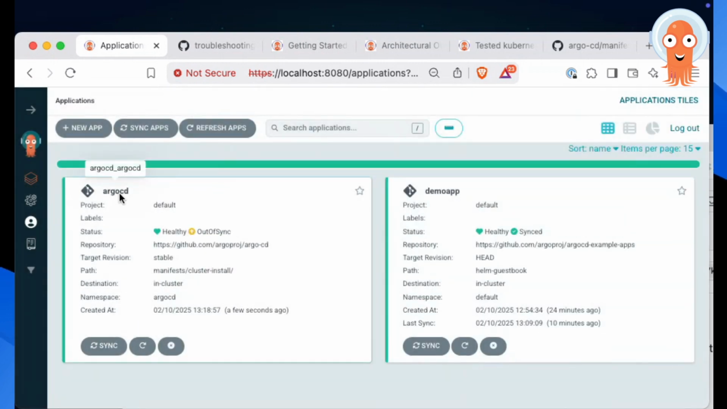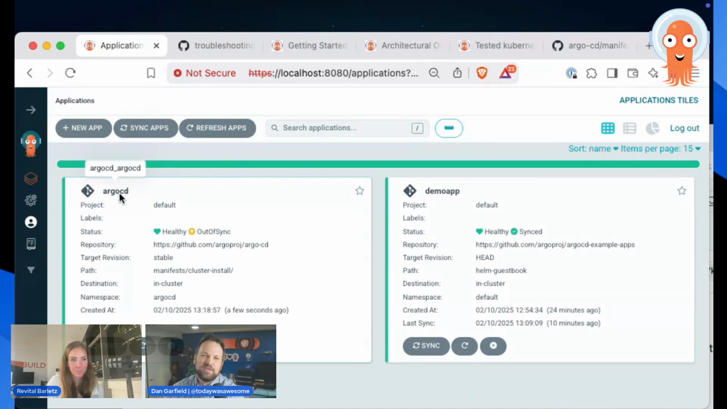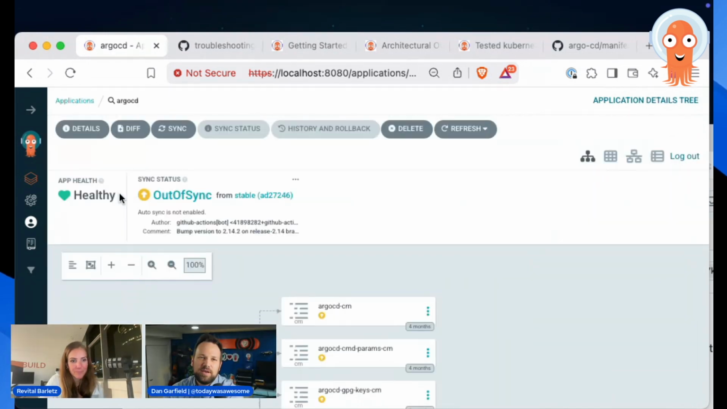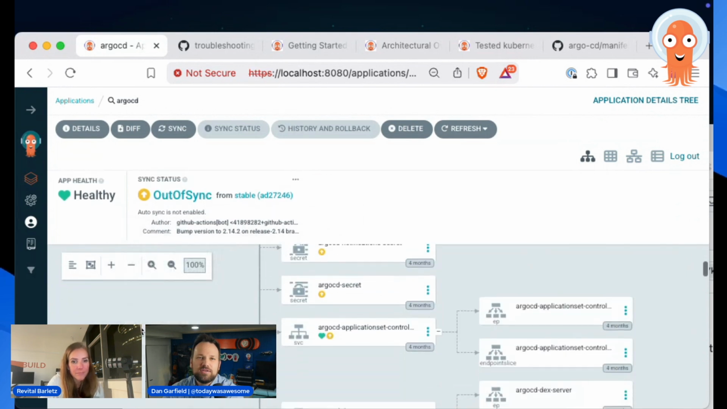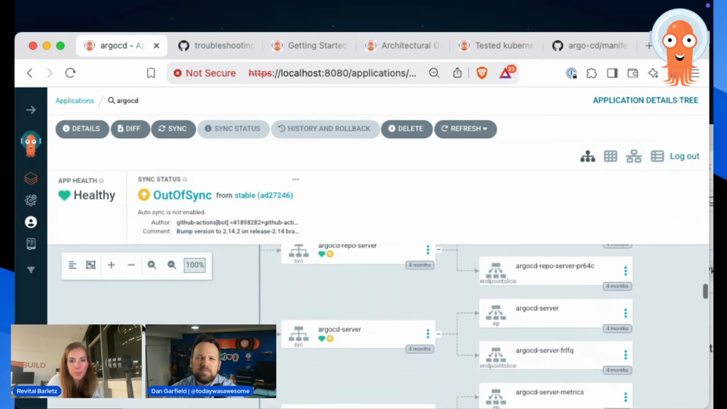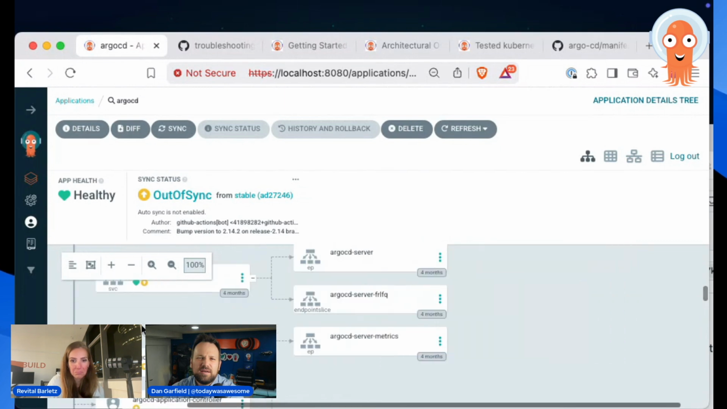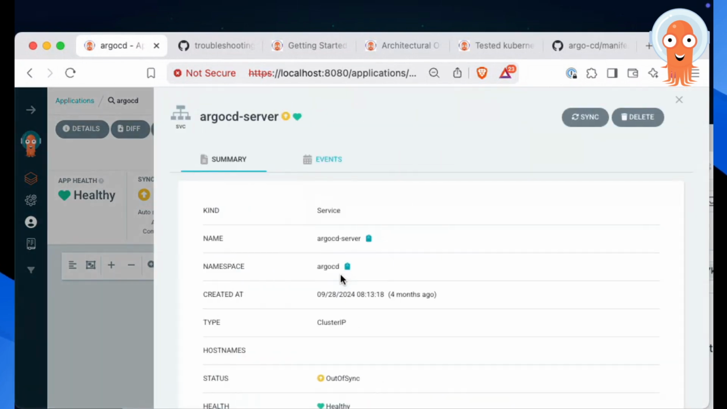Yeah, that's right. You can't just specify a file. It needs to be a path. So now we can see it's created. And you can see there's a bunch of stuff that's out of sync. But it should show me